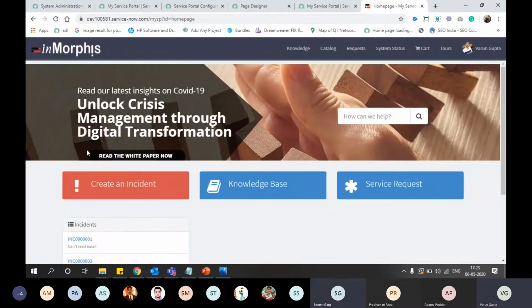Okay, great. So now we have some space between the banner image and our icon links. This configuration we have to make in every portal, because we are configuring the out of the box portal, and there is no spacing in the out of the box version. Yes, we have to write CSS for this.